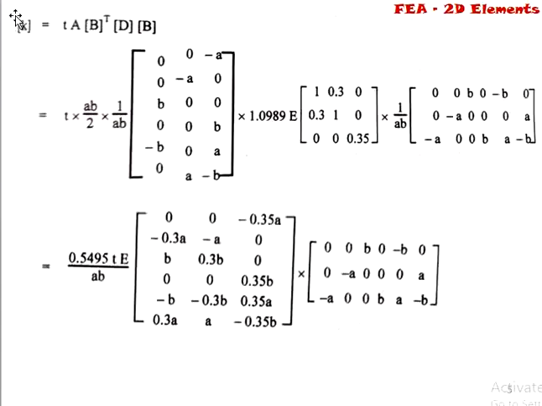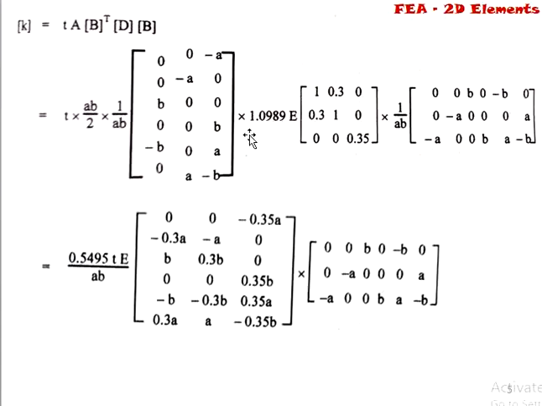So this is the generalized form for the element stiffness matrix for CST element. It has t, that is thickness, then A, area of the triangular element, B transpose, then D and matrix B. So all these values are calculated, or some values are given in the problem. So just put all values, and while solving matrices just check whether the two matrices are multiplicable or not.